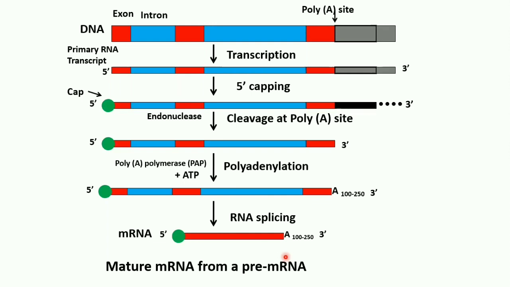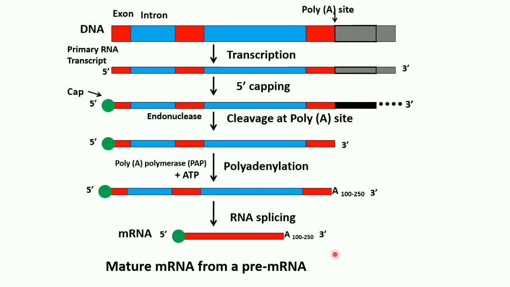These two forms are created by alternative usage of termination cleavage. This alternative way of cutting this poly A site has produced two different types of B lymphocyte. So this is one way of gene expression.